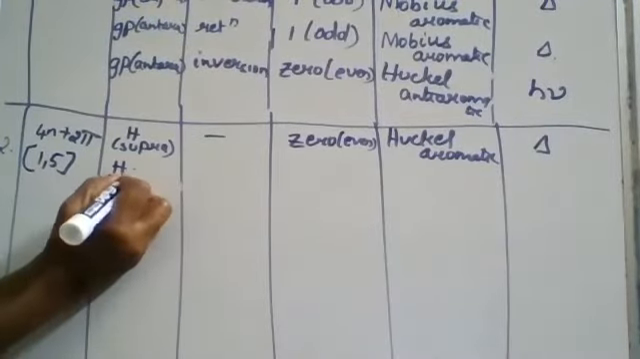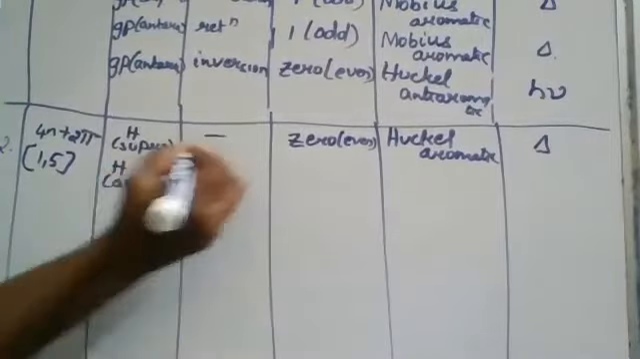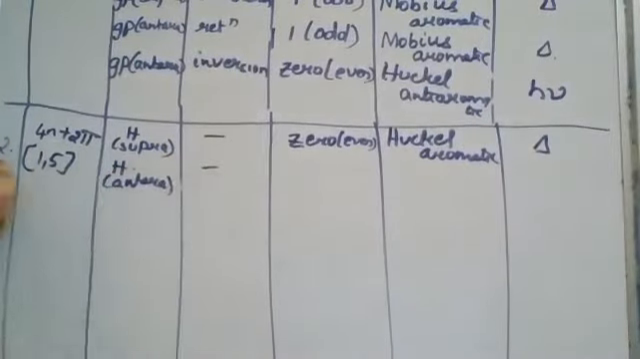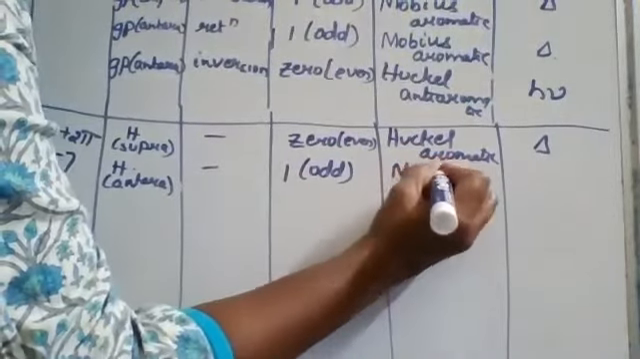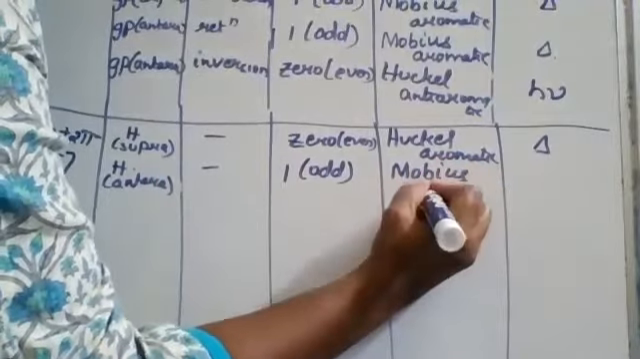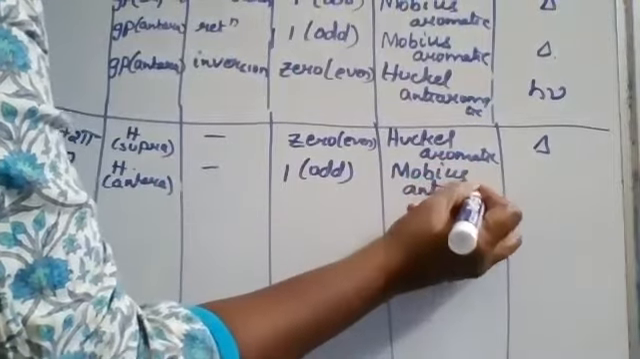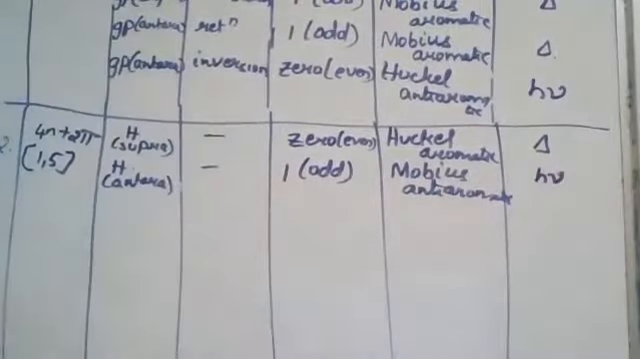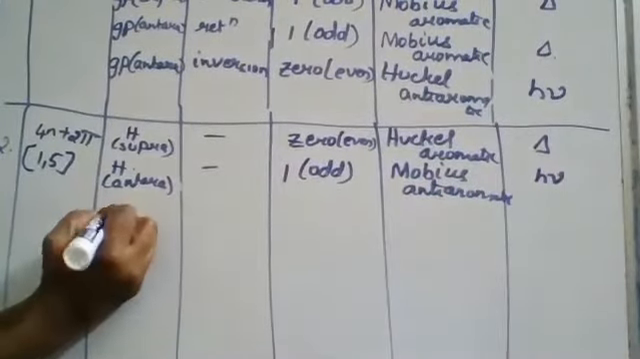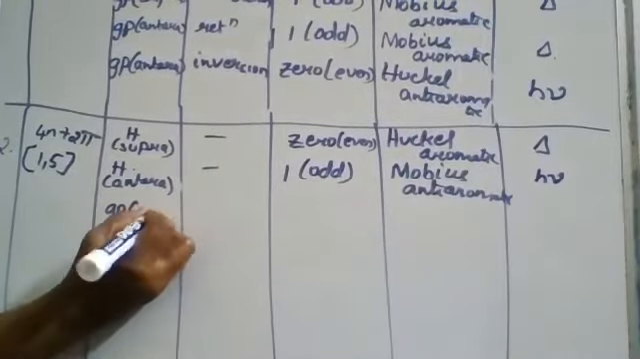Hydrogen antarafacial migration, no change in the configuration, 1, that is odd number of nodes. It is a Mobius anti-aromatic, hence photochemically allowed. Group migration suprafacially